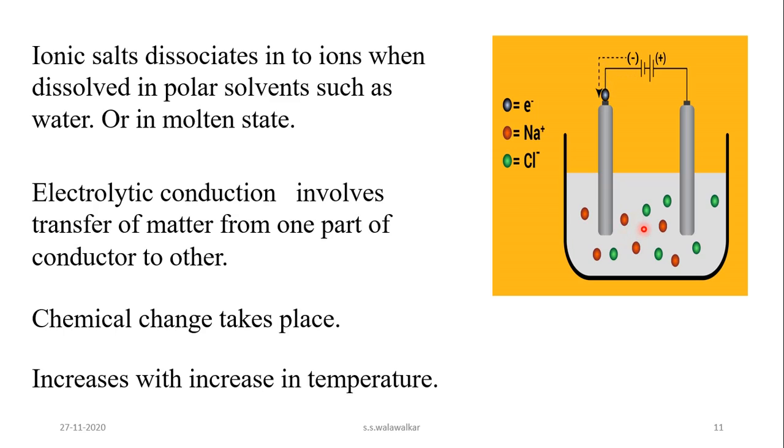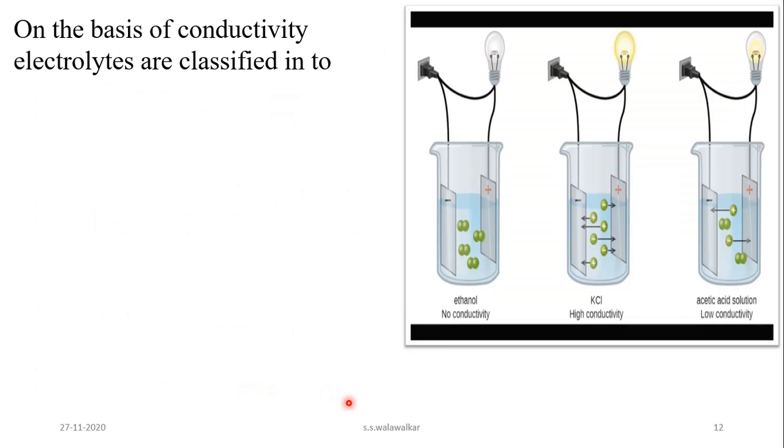increases. But whenever a weak electrolyte such as acetic acid is there, the conductance increases due to increase in degree of dissociation, or degree of ionization. In case of a weak electrolyte, the degree of dissociation is less. They do not undergo 100% ionization. But when temperature is increased, the ionization increases, and due to this, in weak electrolytes also, conduction increases with increase in temperature.